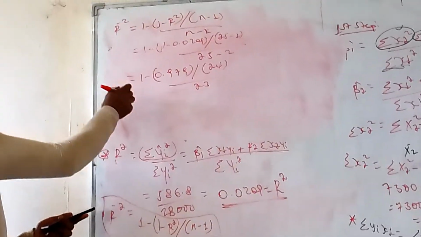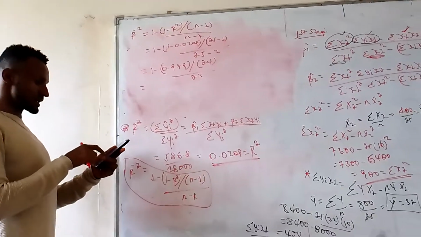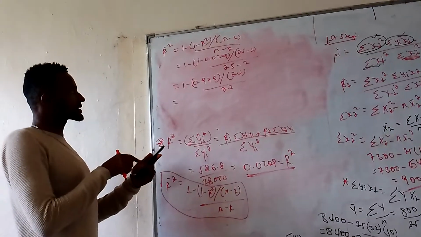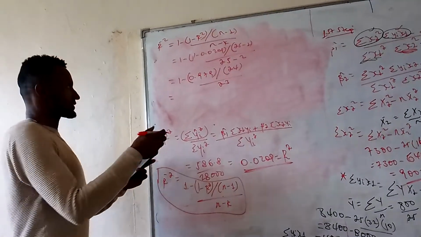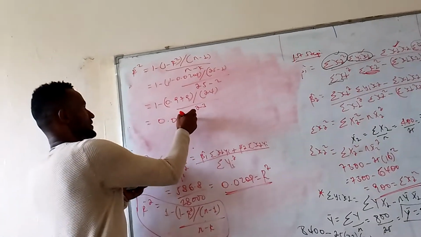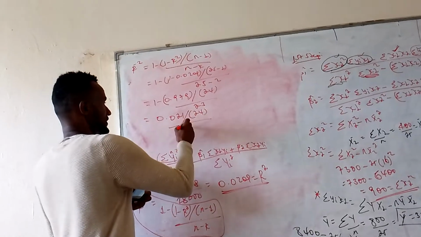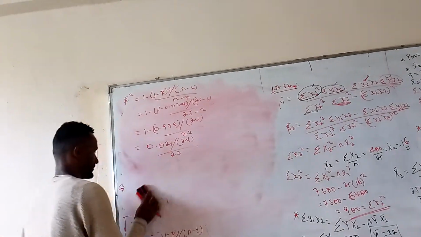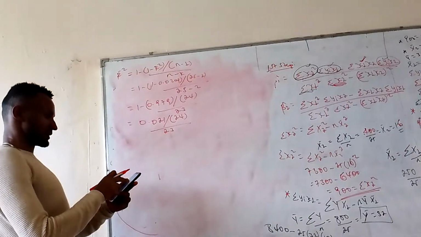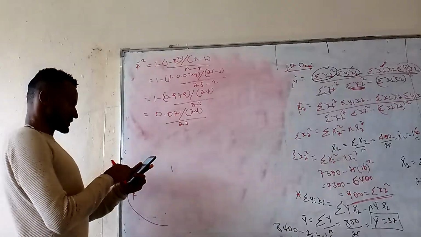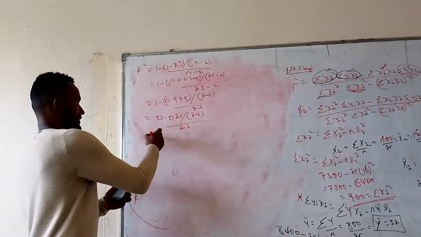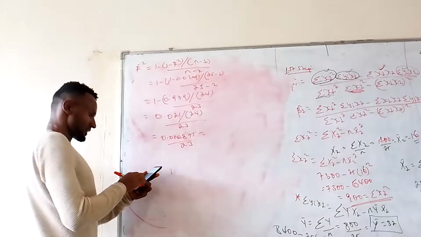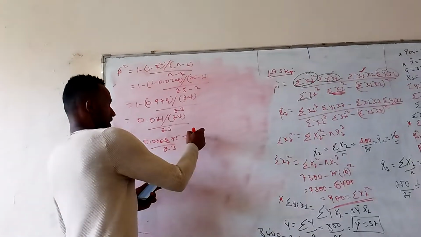For this, let me use again a mobile scientific calculator. Here, 1 minus 0.979 is equal to 0.021 divided by 24 over 23. Then this will be, look again, 0.021 the value for 24. This is 0.000875 over 23. Then this is finally our adjusted R square is equal with